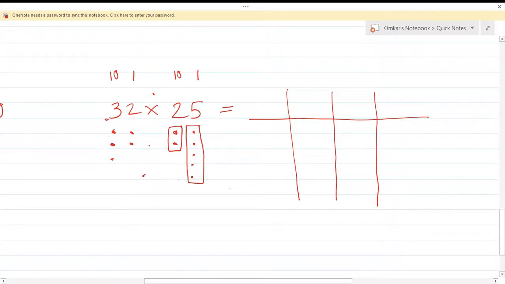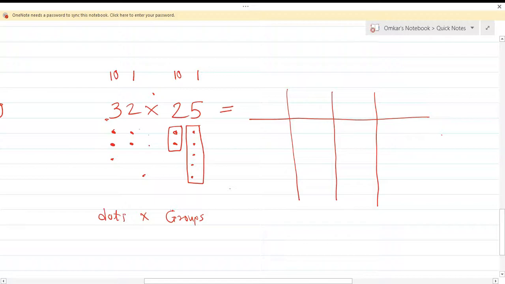Okay, now what we have to do? We have to take these groups. See what we have in the first number. We have separate dots here, and for the second number we have groups. So we have to connect each group to each dot. Now, how to connect? Not by line, but by repetition on this side.